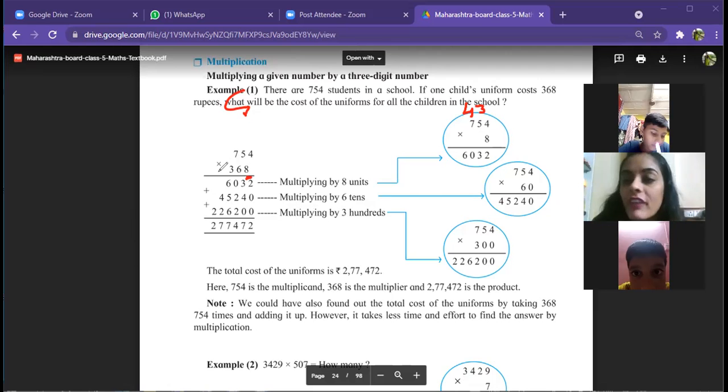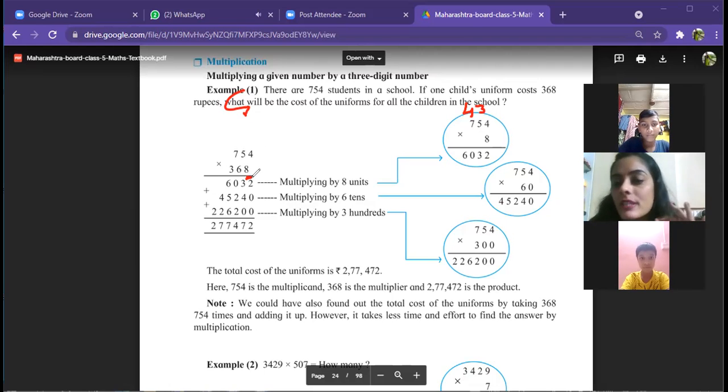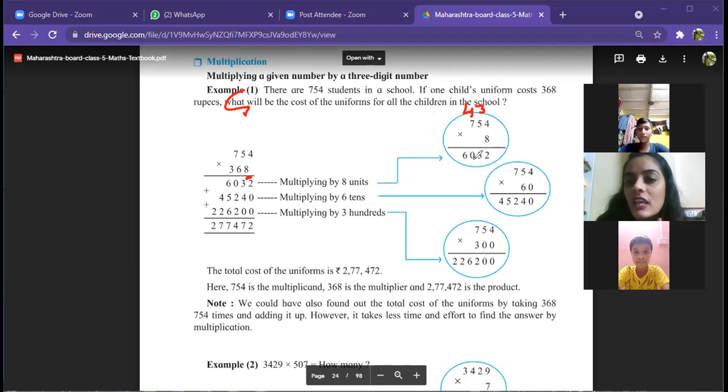So first what we have to do, both of you look at the camera, look at the screen, do not be distracted by anything. If three numbers are given, so first we have to take one's number and multiply the above number. So this is one part, like 8 is multiplied to all the numbers and here we got 6032. Okay, so what we have to do? Then the next number is which one? 6. Now you have to multiply this 6 with all the above number, right?